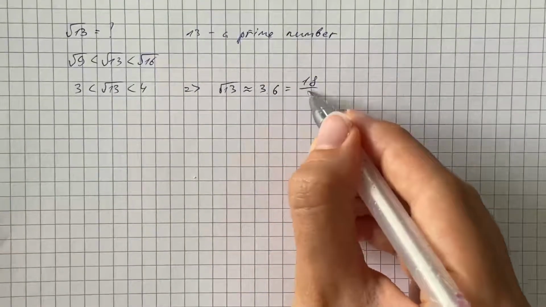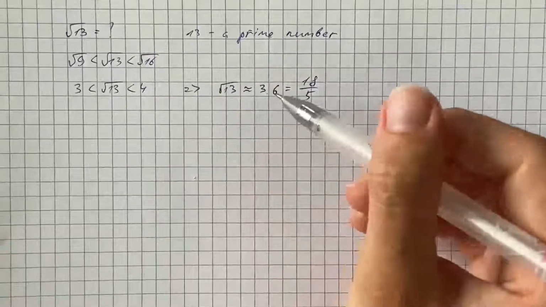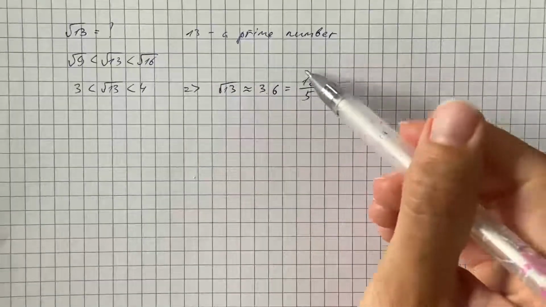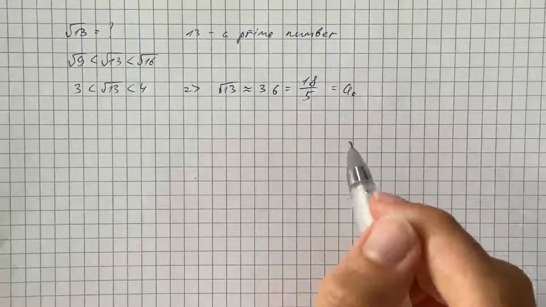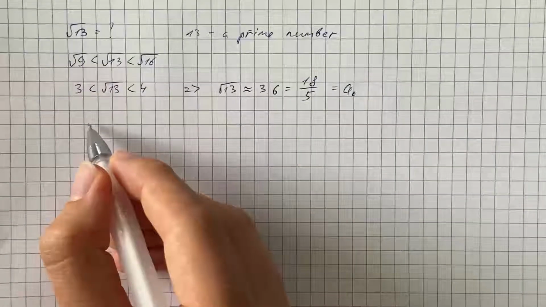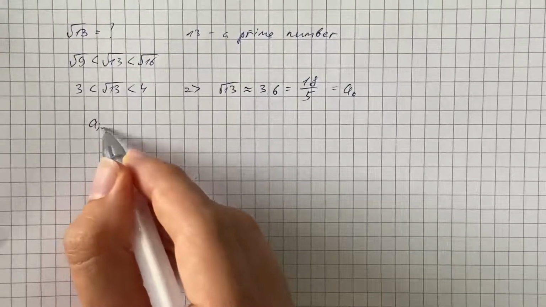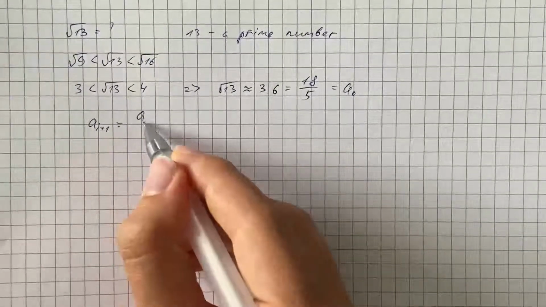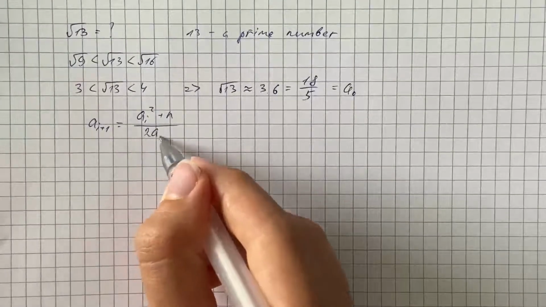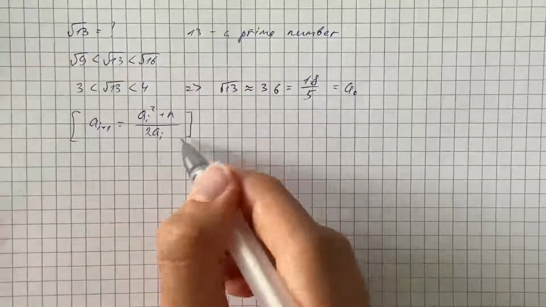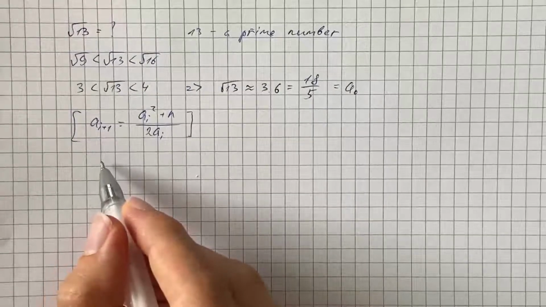as 18 over 5. But we can get a better approximation from our initial one. Let's call it A0. And we're going to use Newton-Raphson method. So the formula for this is A sub i+1 equals (A sub i squared plus n) over 2 A sub i. But it's more convenient to